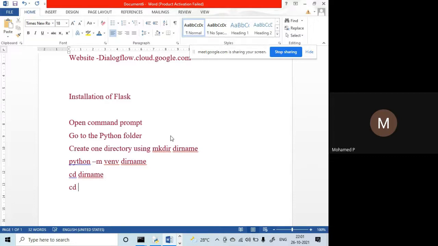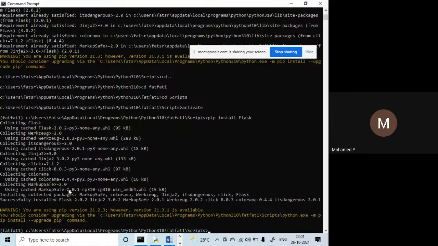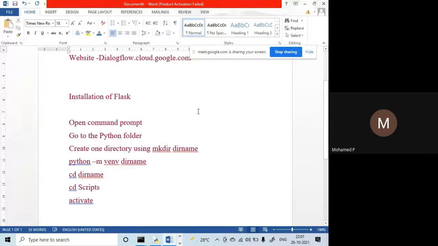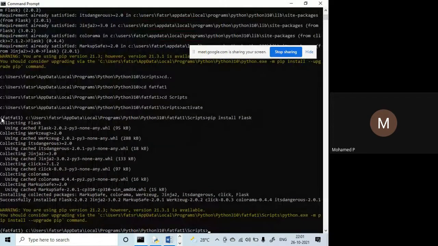Okay, and inside that we have that scripts folder, no? So go to that. Now give activate, right? Sorry, you can give that activate alone, so that even if you give it like this, it will work. Inside that, cd scripts, you can activate it. Once you give this, you will get the directory name followed by the complete prompt, like this,